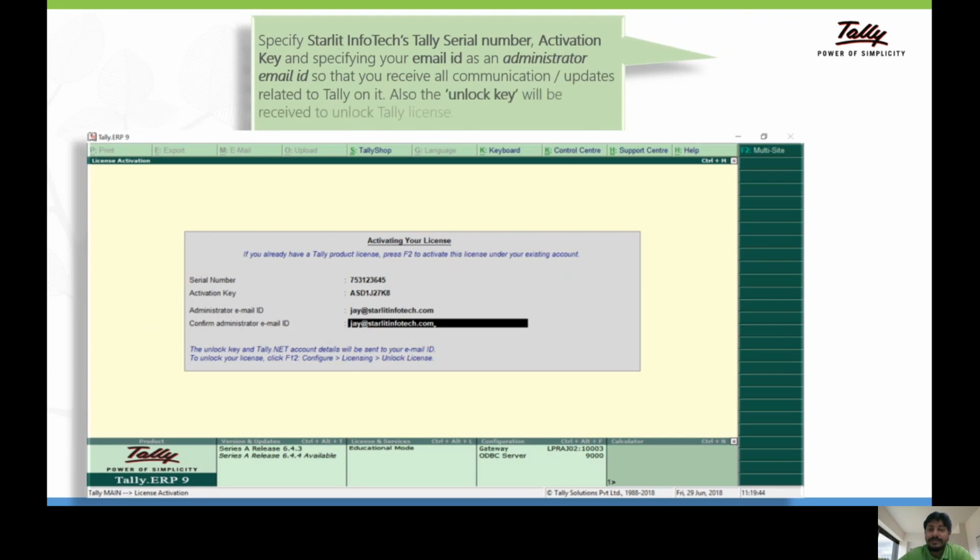After that, once you accept, it will ask you to mention the unlock key. That unlock key you will get over the mail. So before accepting this screen, you need to cross check whether the mail ID is correct or not. After that, you can check your mail. You will get an unlock key over the mail and you can define it.